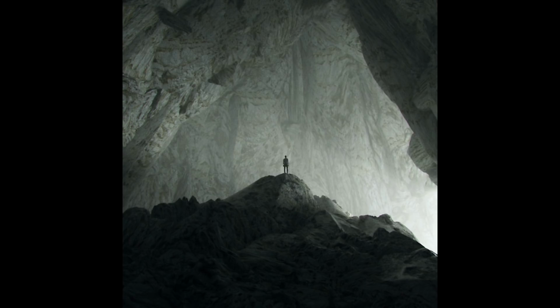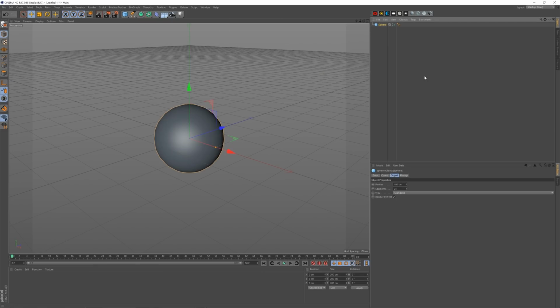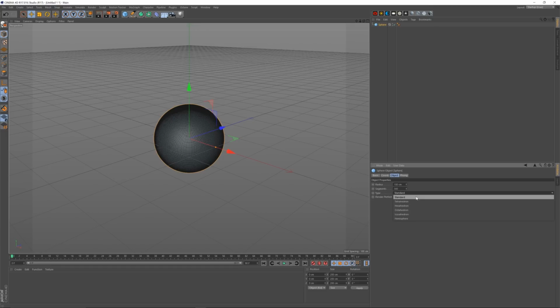Here we go. First, I'm going to create a basic rock. Let's start with a sphere. Turn off render perfect. Let's take these segments right up. I'll put the display on so you can see. Go from this to say 300 segments,